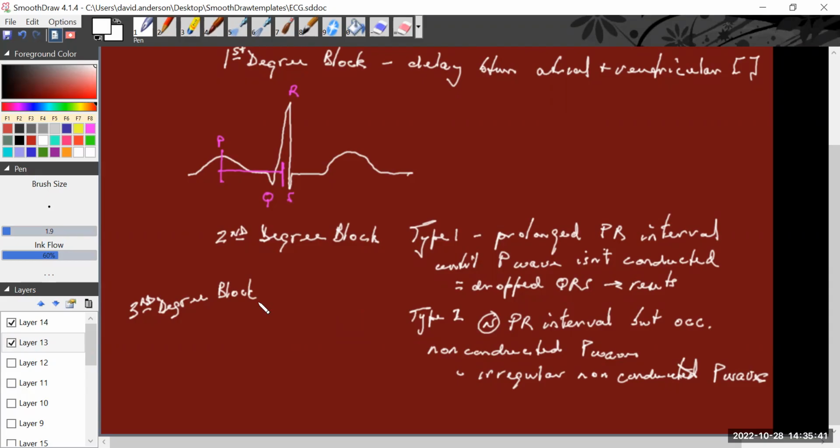So there's no coordination anymore between the atrium and the ventricle. And the result is going to be a decrease in ventricular contractions, which means we have a decrease in cardiac output. And that's going to look a lot like